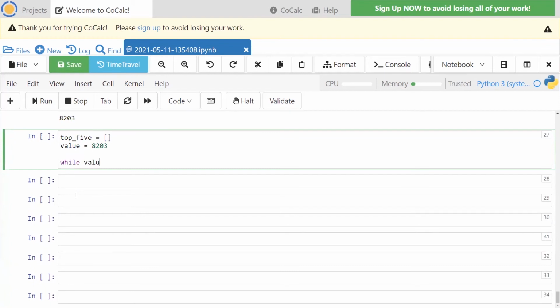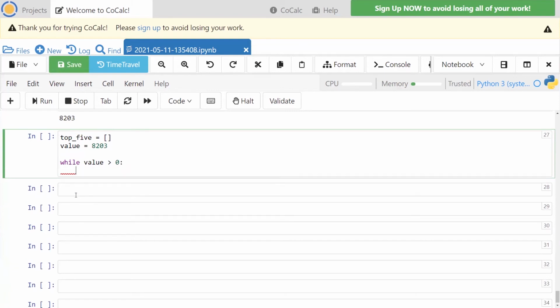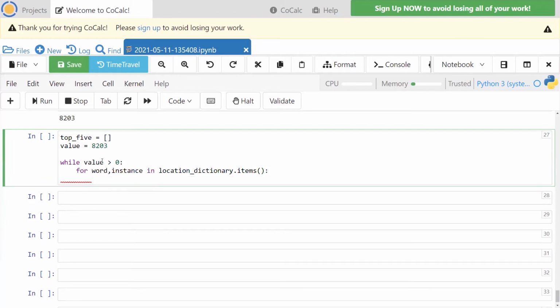So while value is greater than 0, as we're counting down from 8,203, for every word and list of instances that is in our location dictionary, we want to see if the word in that particular entry has a list of instances that's as long as that value. So if the length of instances is the same as value,